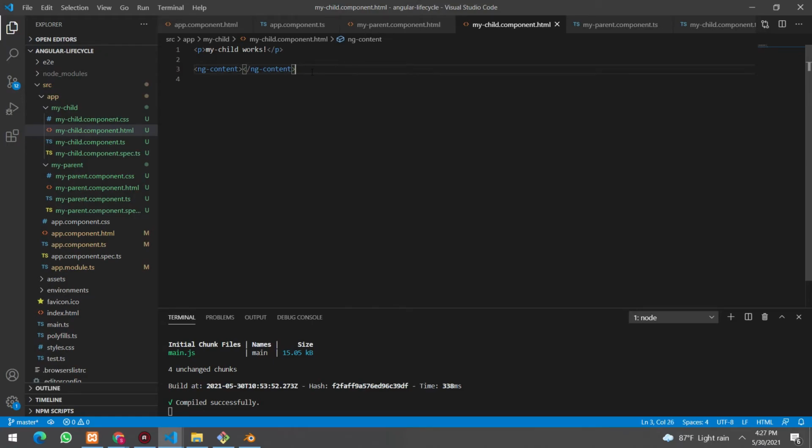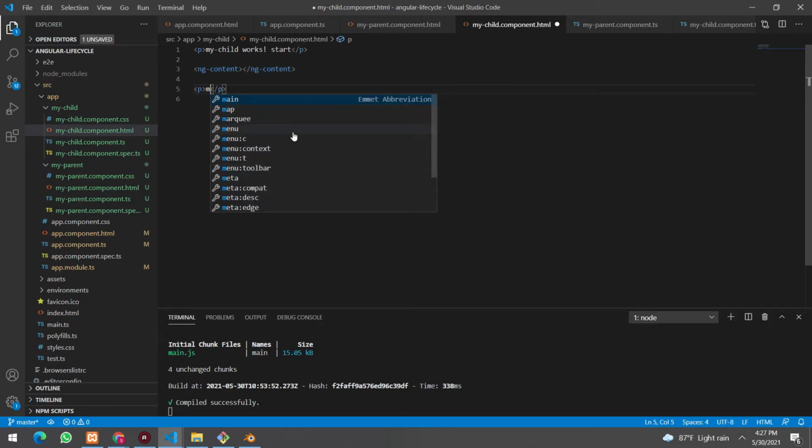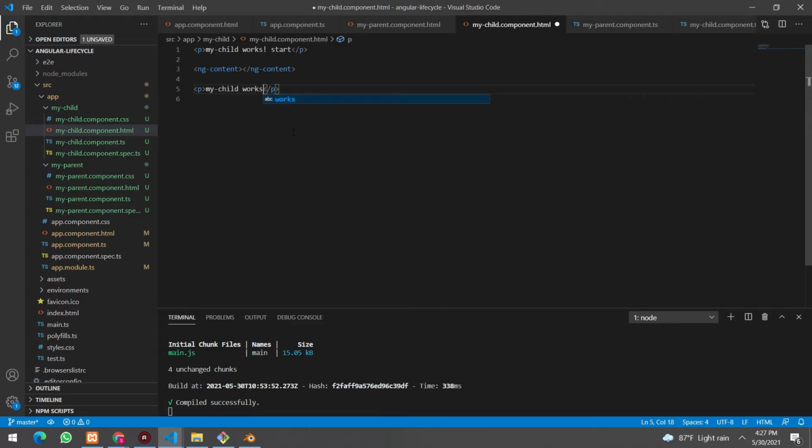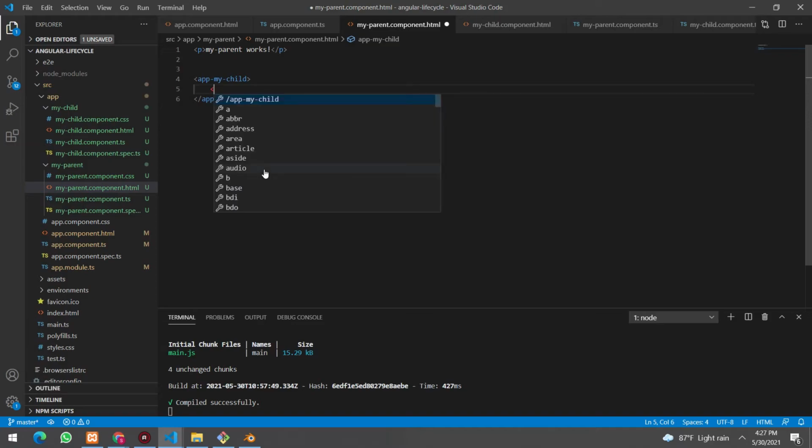So to see how that behaves, I will add another paragraph here and I will set this as start, and here I will add my child works end. Okay, and after that in my parent component, between my element tags, I will add